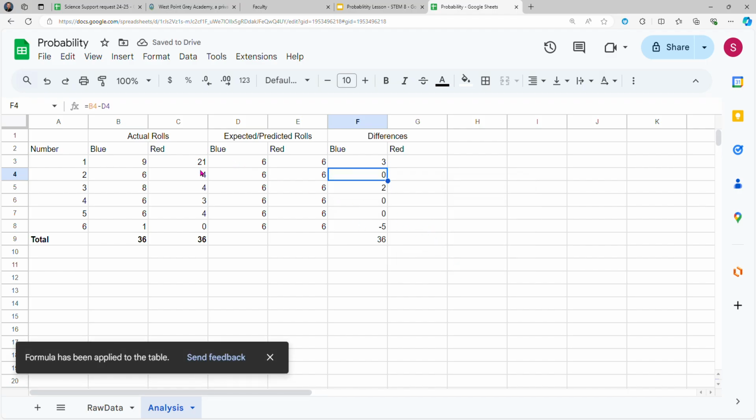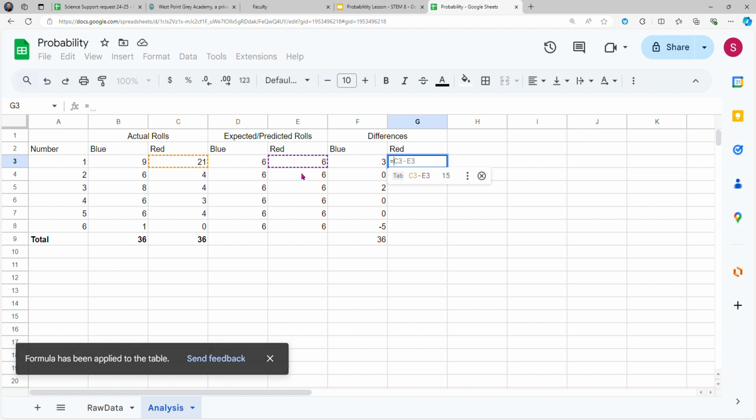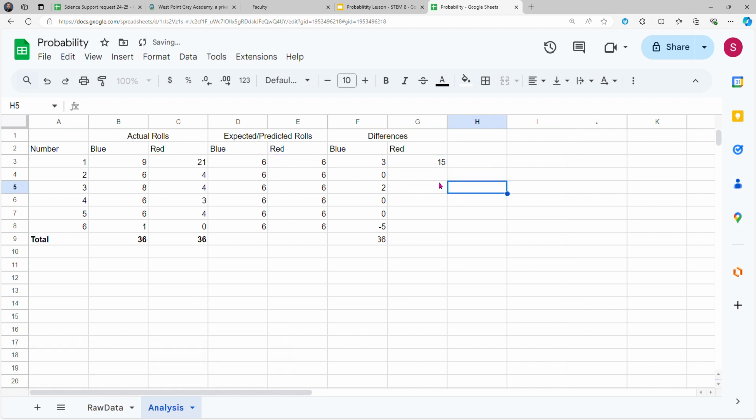And then over here, we're going to do the same thing for the red. So equals, what is our actual minus expected? And somehow Google Sheets is smart enough to know, yes, that is exactly what I want. Thank you. And we'll just drag it down. And so now the one thing we're going to do to visualize this is we're going to say